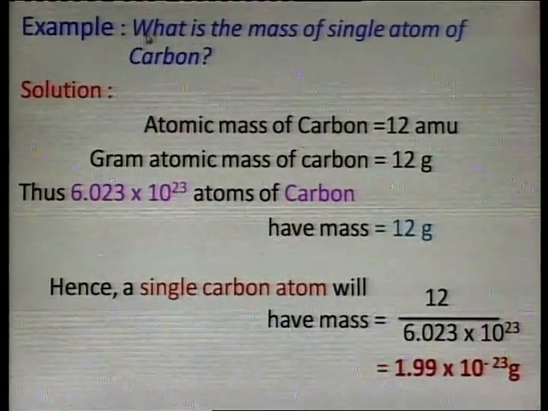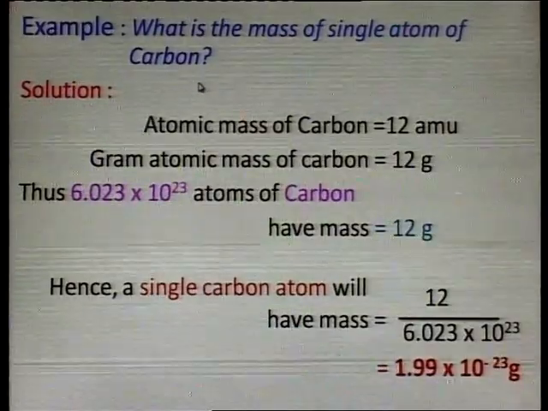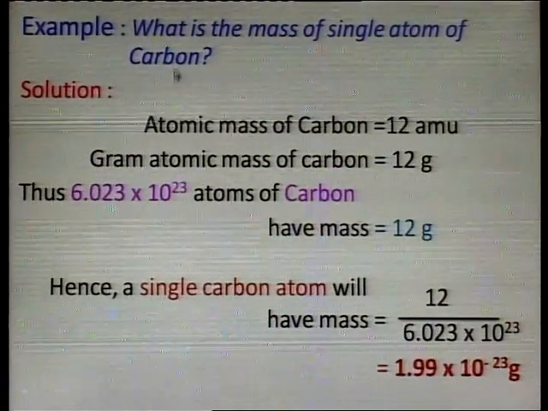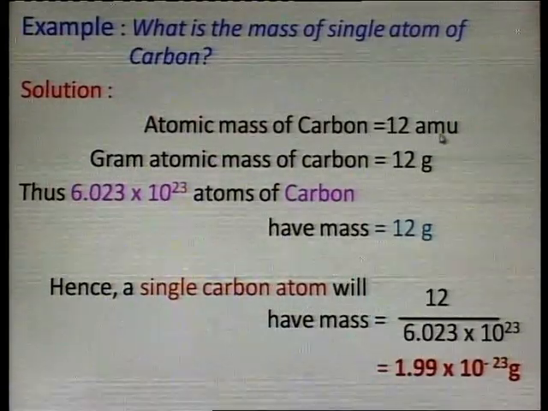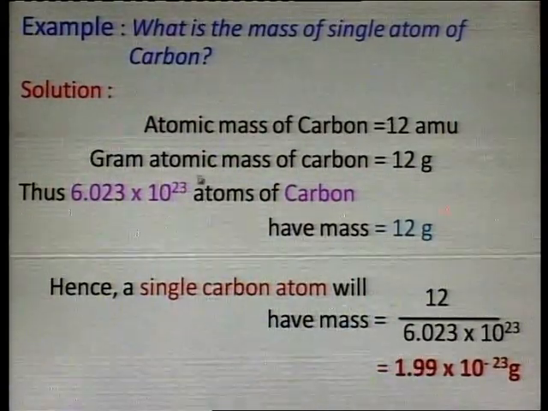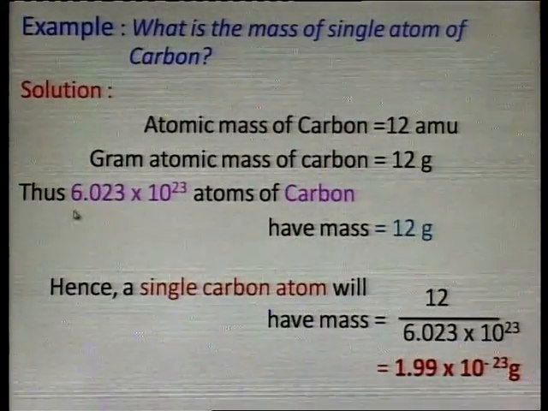We can have another example: what is the mass of a single atom of carbon? First of all, you must know the atomic mass of carbon. Atomic mass of carbon is 12 AMU. Gram atomic mass, of course, will be 12 gram. So, we will have the equation that